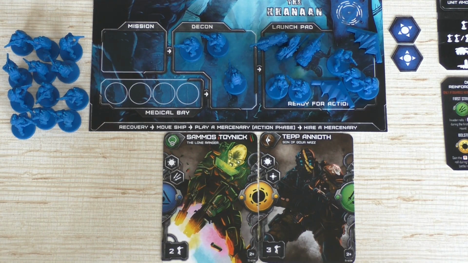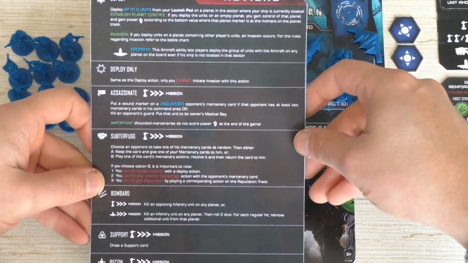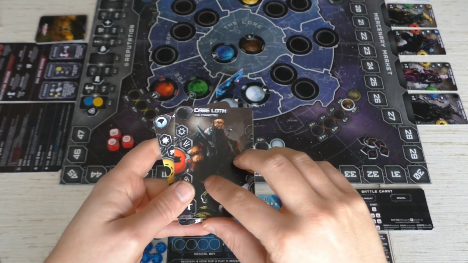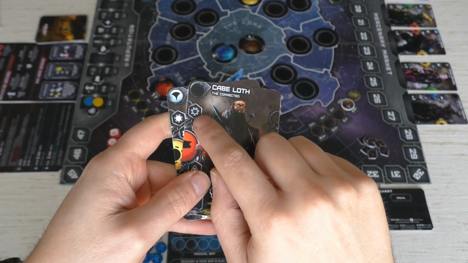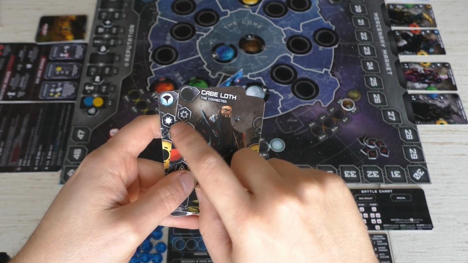Now, there are quite a bit of different actions, and I'm going to try to explain them to you. But you can have some help by this nice overview sheet of the actions. First action that you can do is a deploy action, and that's with these symbols here. Now you can see there are two different ways to deploy, one with the black middle here and with the